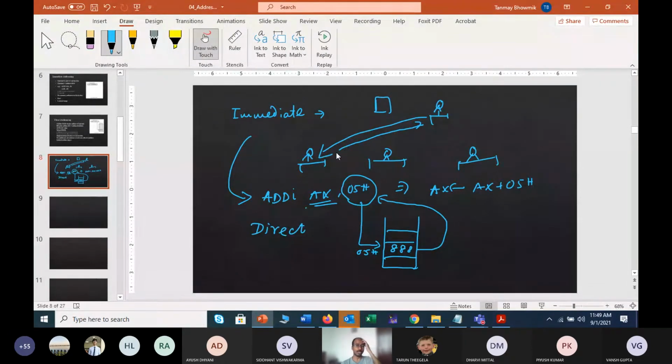In this case, we said that if some copy or some data is not present with you, but it has been kept in your hostel room, you can directly take that memory location. You can jump from your classroom to your hostel room. That means you are accessing only one memory location and you get this data back, right? So in case of immediate addressing there was no memory reference, and in direct addressing it is a single memory reference. This was the last discussion of the last day.